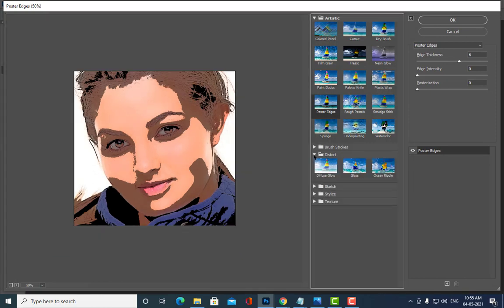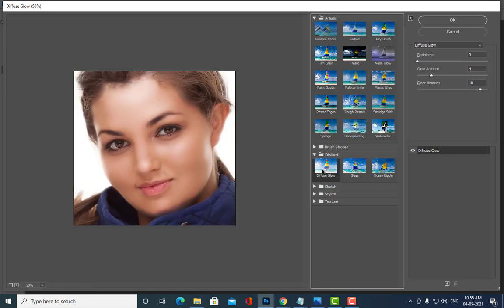And then here we have an option, diffuse glow. The moment I click on this diffuse glow, you can see some glow on her face. And you can also try to increase the glow on her face. How? Glow amount is there, just move the slider like this. Now the glow is increasing, but I think this is a very sensitive value.